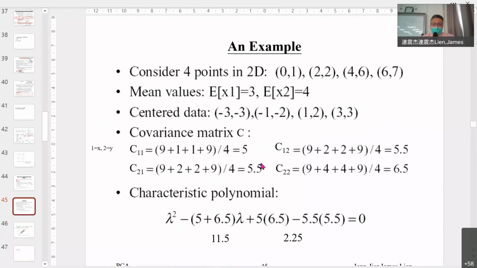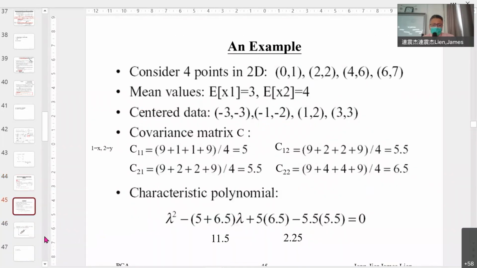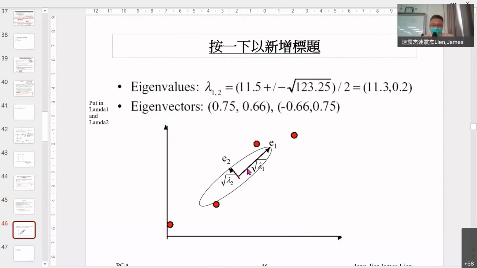And then you try to find this new coordinate, this original coordinate, this new coordinate based on the new center 3 4，在新的空间的向量这样子，有正有负。